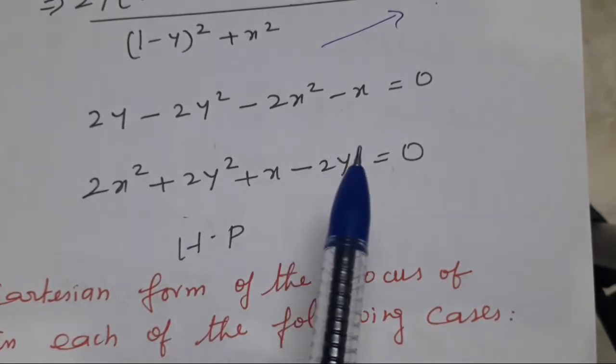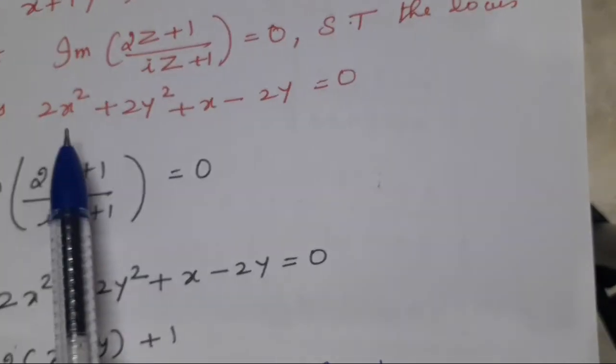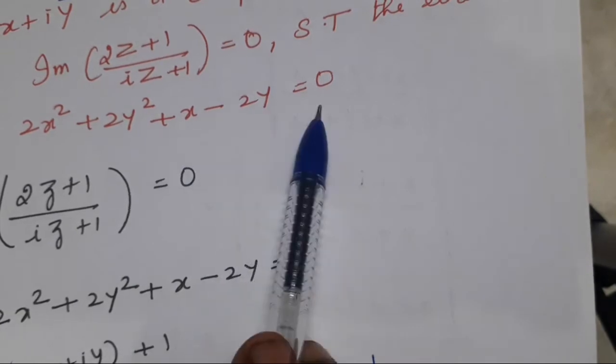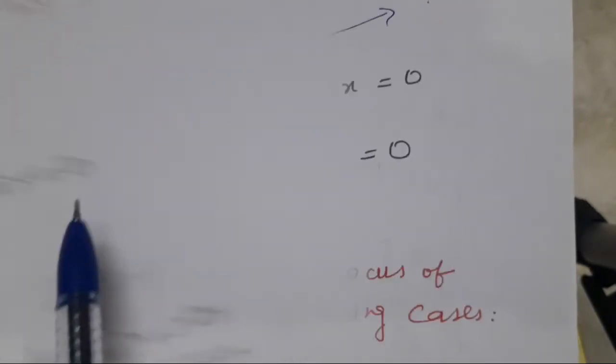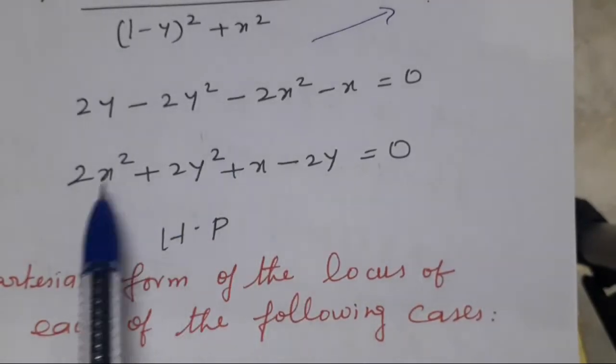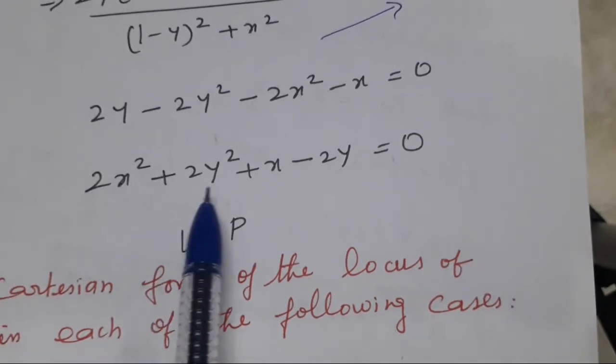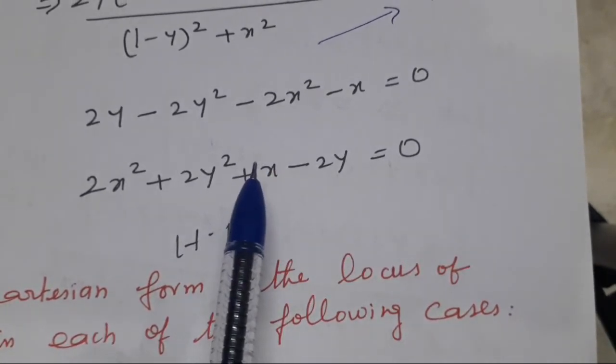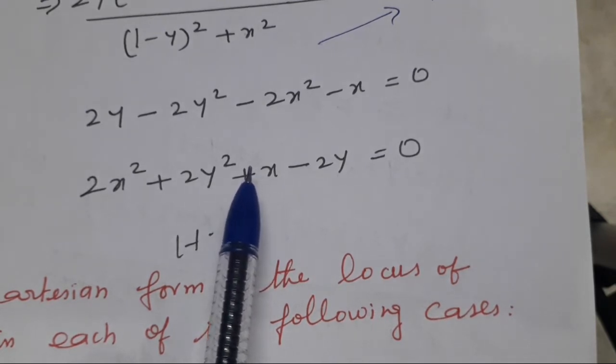This is our question. What is the question? We are going to prove the result: 2x squared + 2y squared + x − 2y = 0. Therefore, the locus of z is 2x squared + 2y squared + x − 2y = 0. Only one important thing: what is the question asking? Either it asks for the imaginary part, taking the imaginary part value. If it asks for the real part value, it means taking the real part value and simplifying the calculation, we get the locus value.